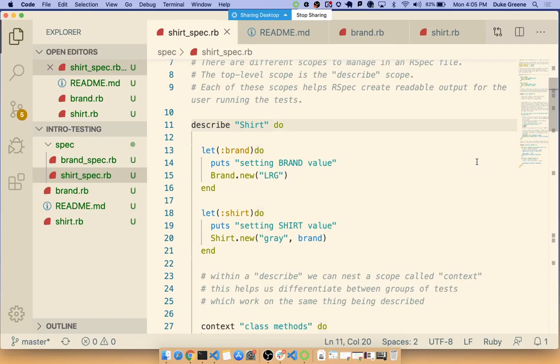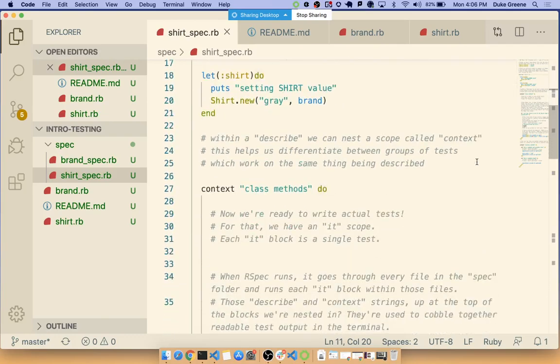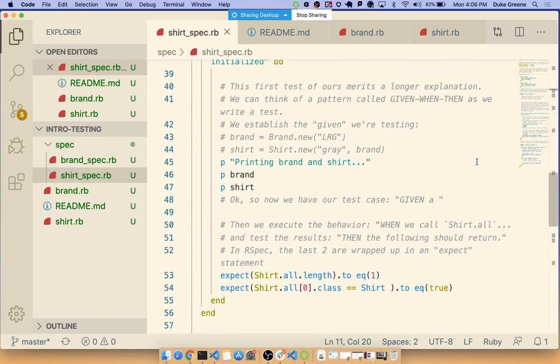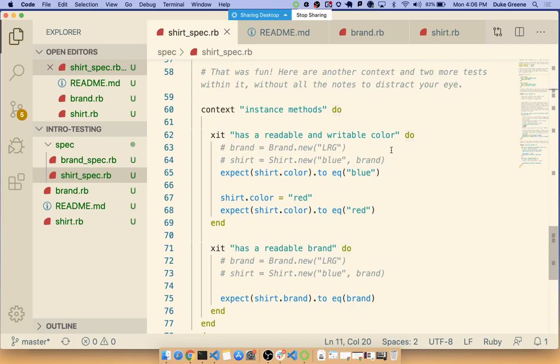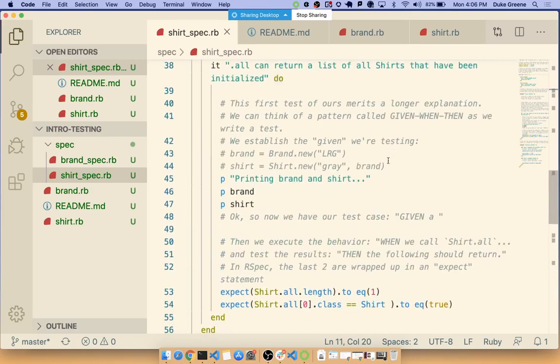Normally I would just put it on a single line with the curly braces, but just for education purposes, I'm going to leave them in here now and we can examine when they ran as we get more tests off the ground. So first, just for review, let's actually try to implement shirt.all. We know that a shirt needs to have, based on looking at some of these other tests, and this is a nice thing about our spec too, if I wasn't sure what to call that first argument getting passed in,